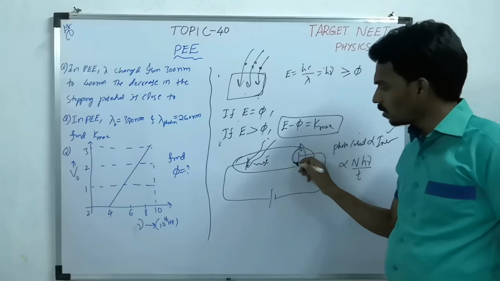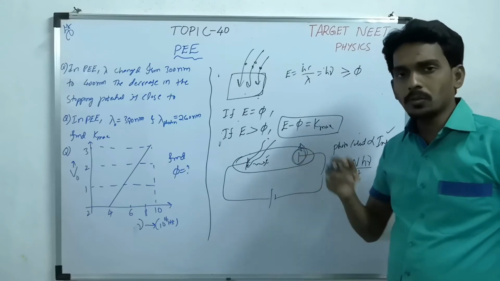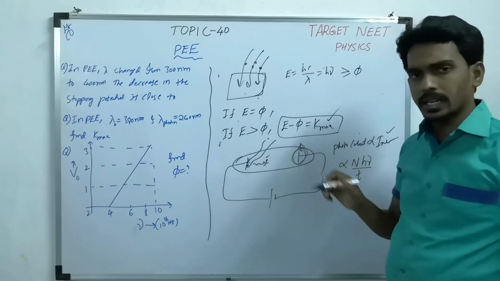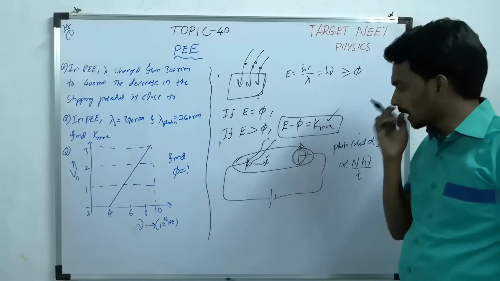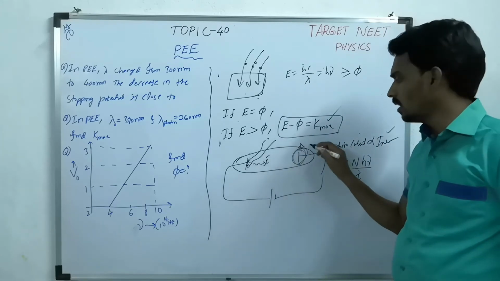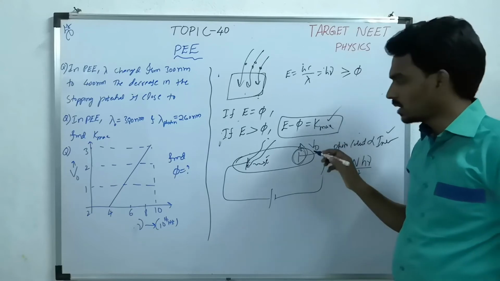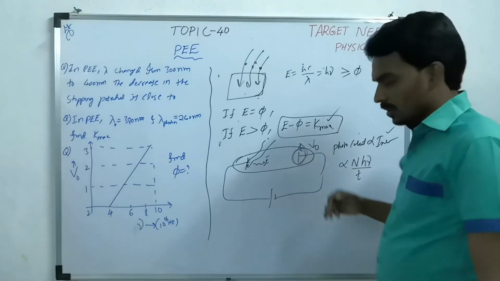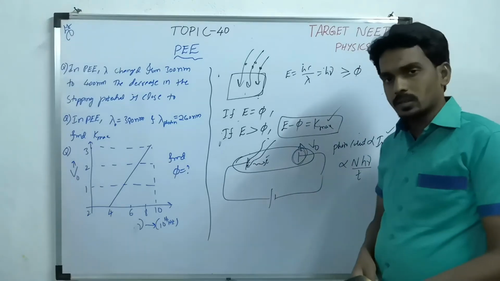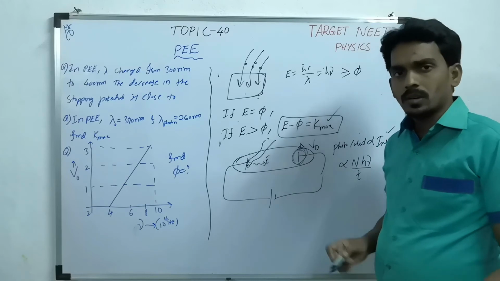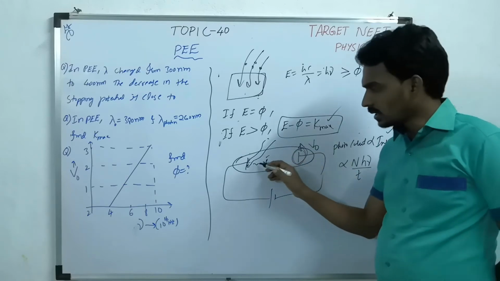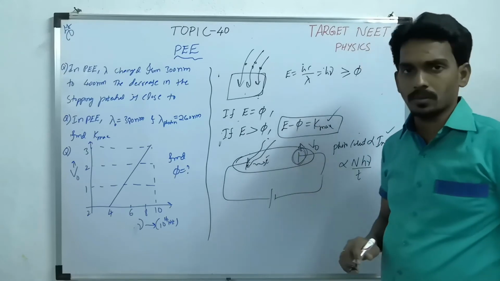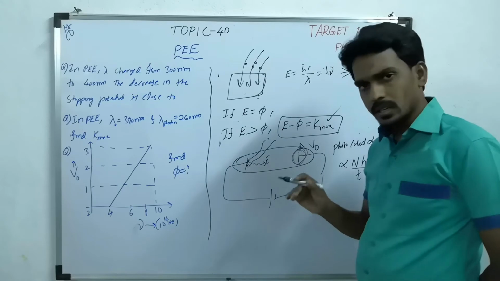And if you give the anode a negative potential such that the electron which is coming out with maximum kinetic energy can be stopped, then the corresponding negative potential is called stopping potential, because it is stopping all the electrons. So the negative potential given to the anode, for which the electron coming out from the cathode with maximum kinetic energy can be stopped, because before reaching it should be stopped.